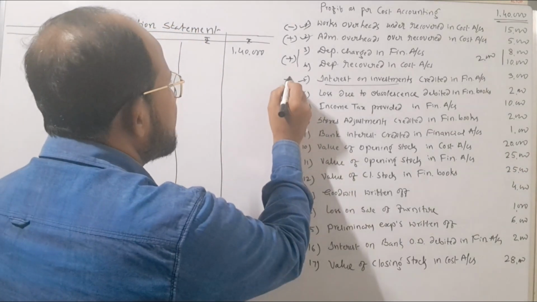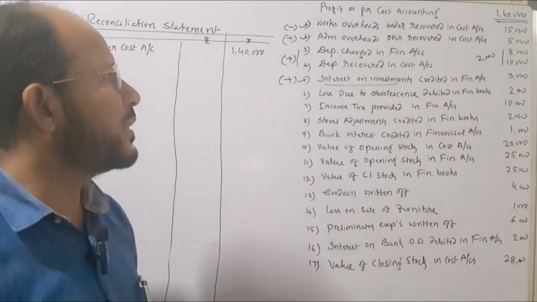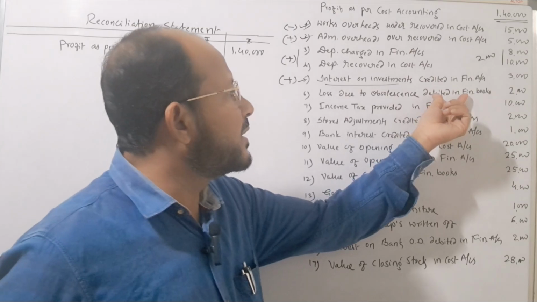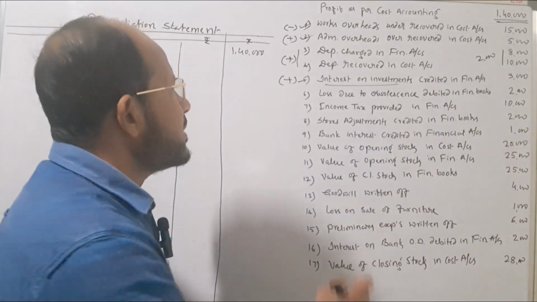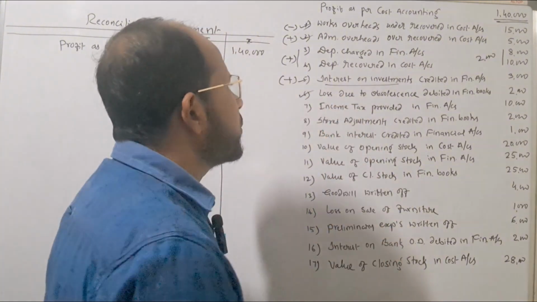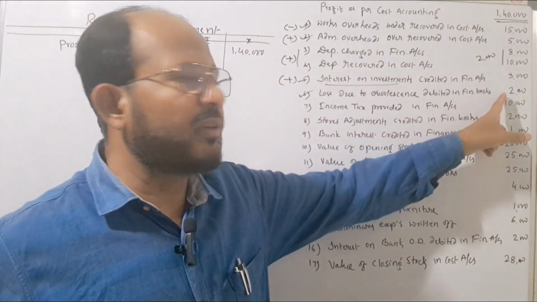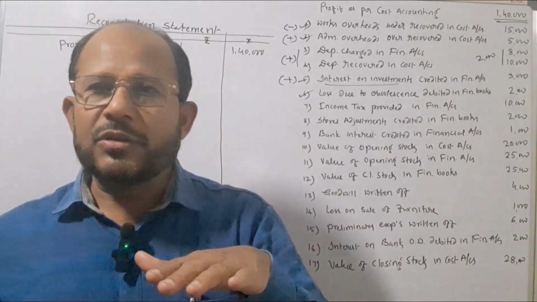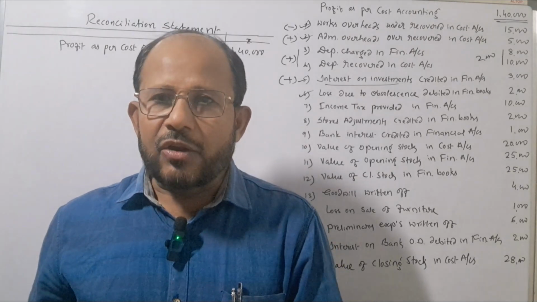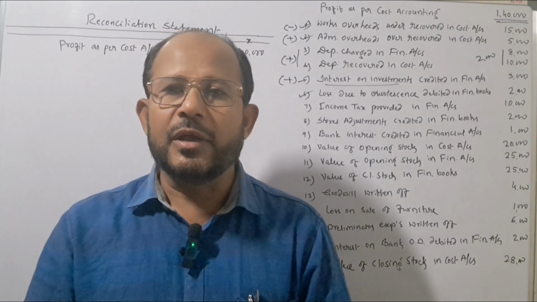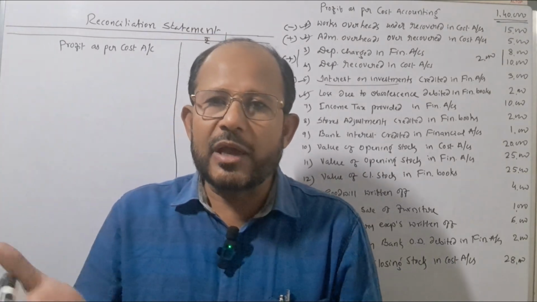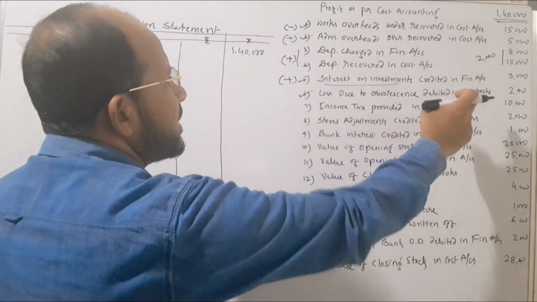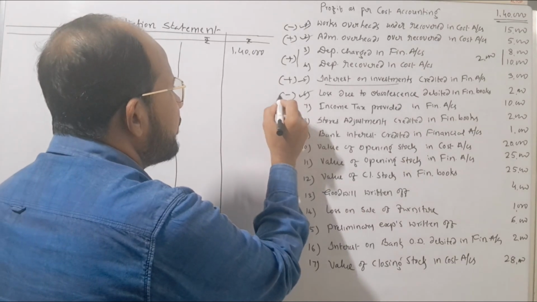That is why in order to reconcile, what we have to do, we have to add this one to the costing profit as well. Next one is loss due to obsolescence debited in financial books. Here obsolescence loss is there of rupees 2,000, but this loss is recorded only in financial books but not in costing records. If this loss is not recorded in costing records, then the costing records will show more profit than the financial profit. That is why in order to reconcile or in order to equalize the result of both the sets of accounts, what we need to do is, even this obsolescence loss is required to be deducted from costing